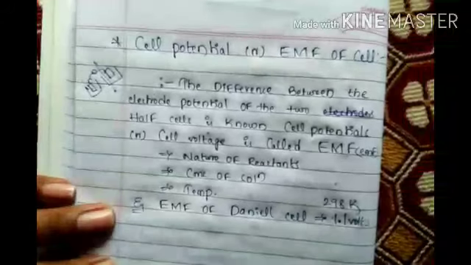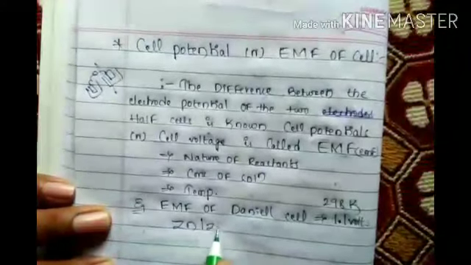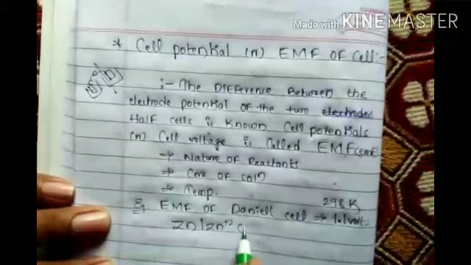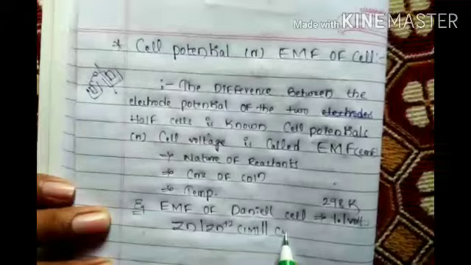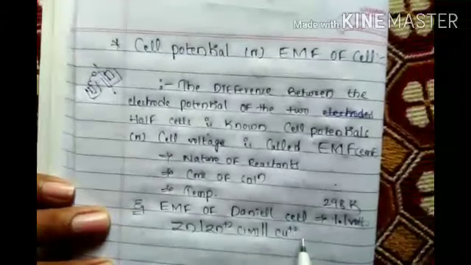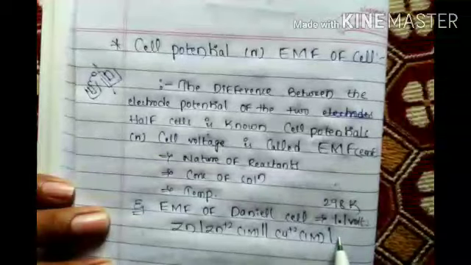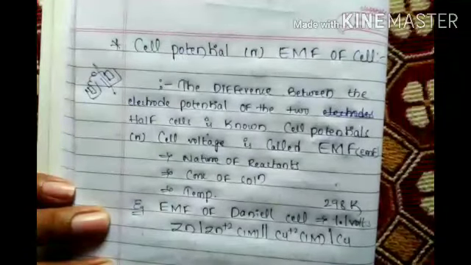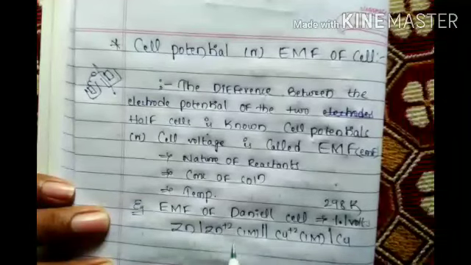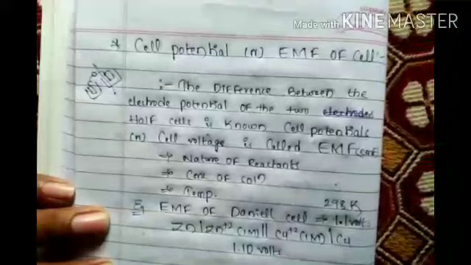Just now we did it. Zn2+ at 1 M concentration, both connected by a salt bridge, Cu2+ at 1 M concentration, that is a must, and Cu. Between the zinc and copper electrodes,